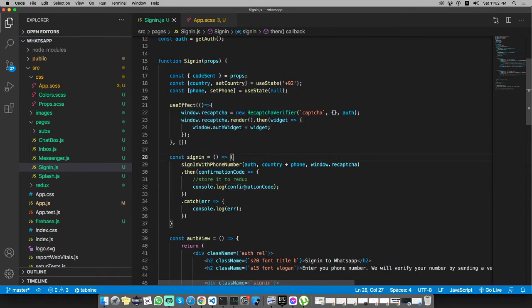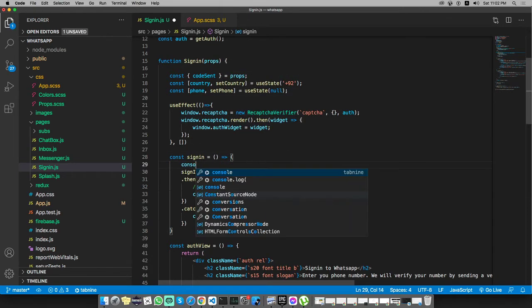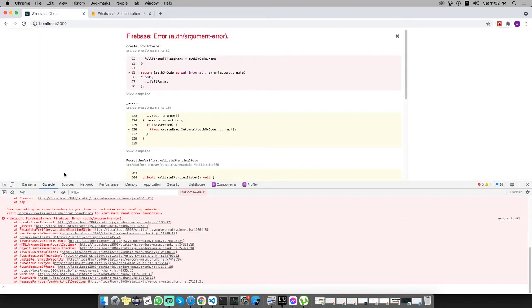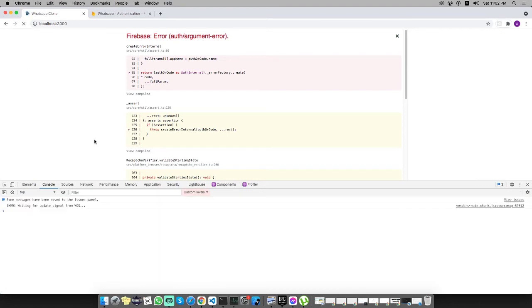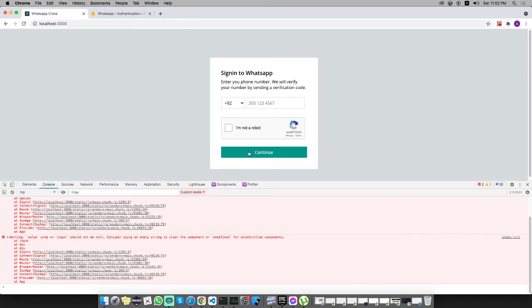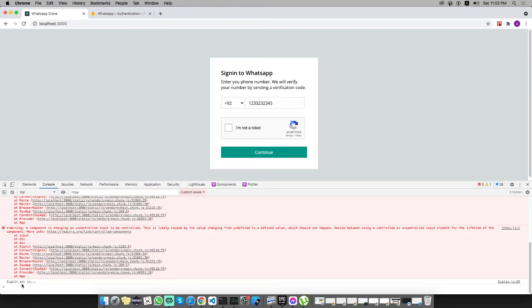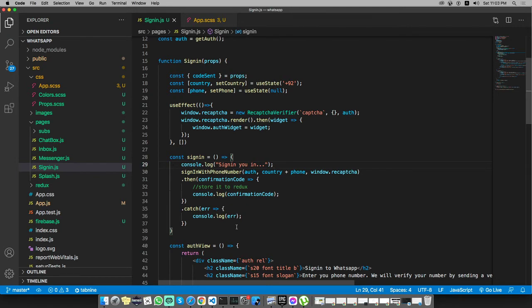So let's check for the signing you in and reload. Let's add 1 2 3 4 5 and a random number and click continue. It says signing you in. And for the